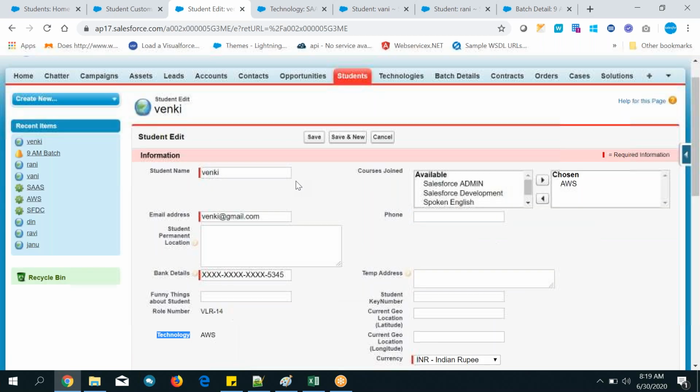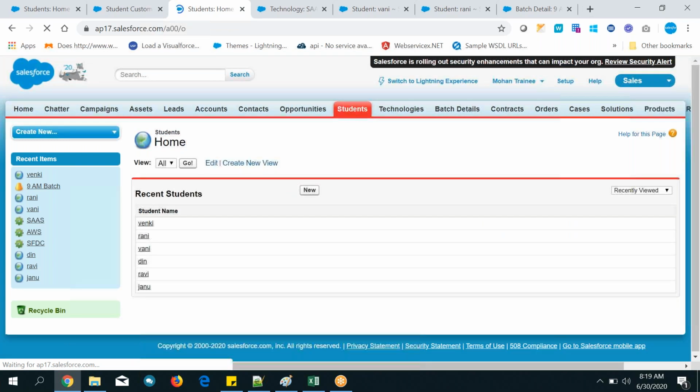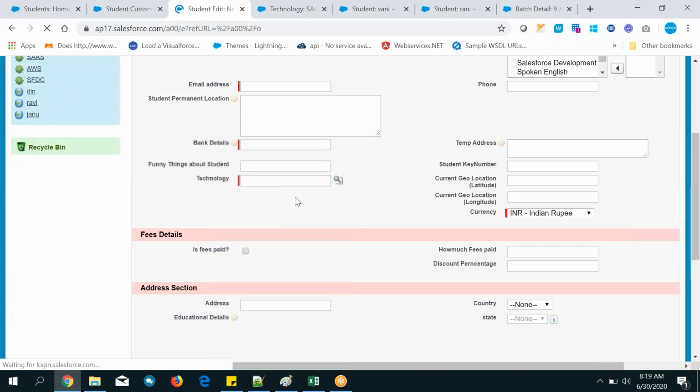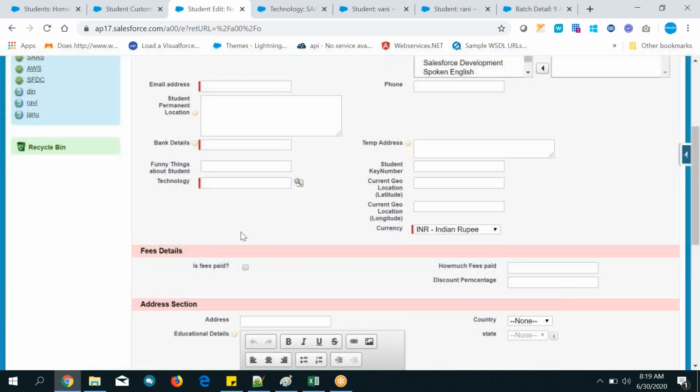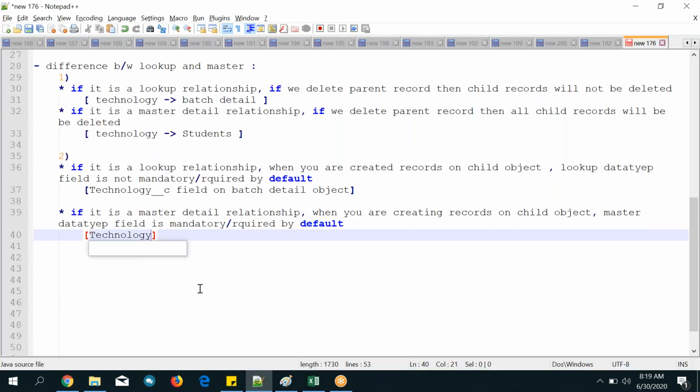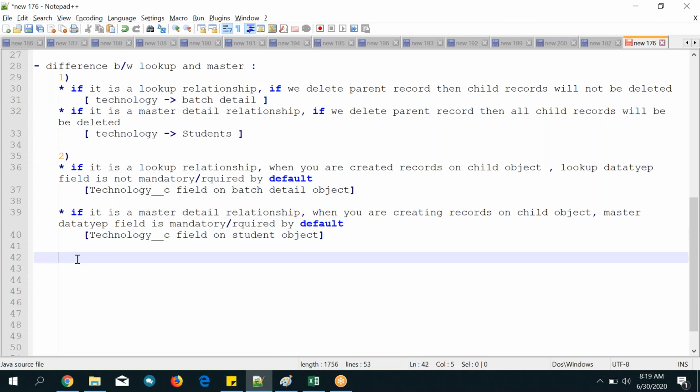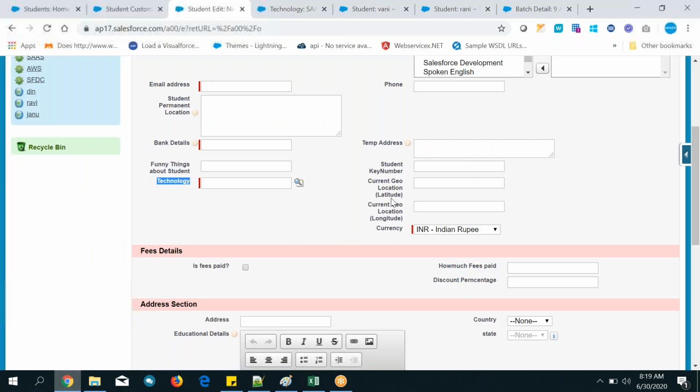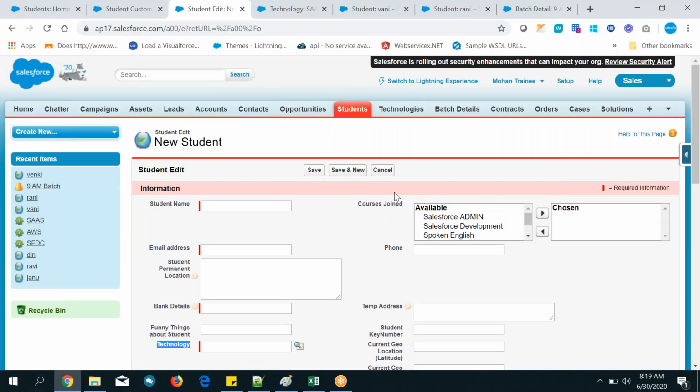Or if you click the new button, you can see the technology field is mandatory. That is it. Clear? By default, it is mandatory.